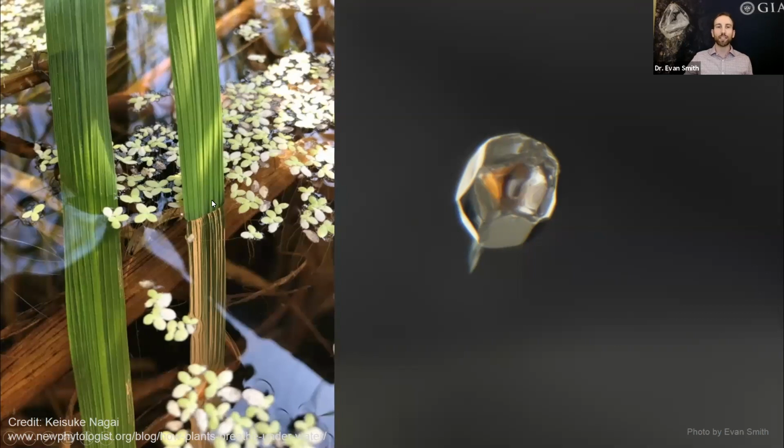What's going on with this rice leaf is that it actually has a layer of gas trapped right up against that leaf. So this interface that we're looking at is between water and gas or air trapped right up against this leaf. And that has a very strong difference in the index of refraction that's causing total internal reflection. So this leaf, although we can see it being green and luscious right up here, as soon as it's underwater and we view it at an angle, we see this mirror-like behavior and we see total internal reflection.